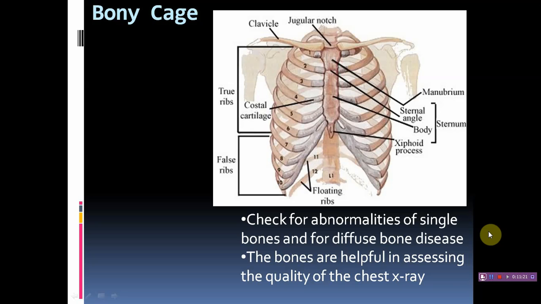You can see in the image itself, clavicle, jugular notch, manubrium. This is all part. This is the 3D image, where in chest radiography we are going to see all the parts. So why is the bony cage important? If any abnormality is seen, it means there is some abnormality in the shape of the bony cage. If any abnormality is there, it means there is some disease in the bone. Two, we have to identify what kind of disease.